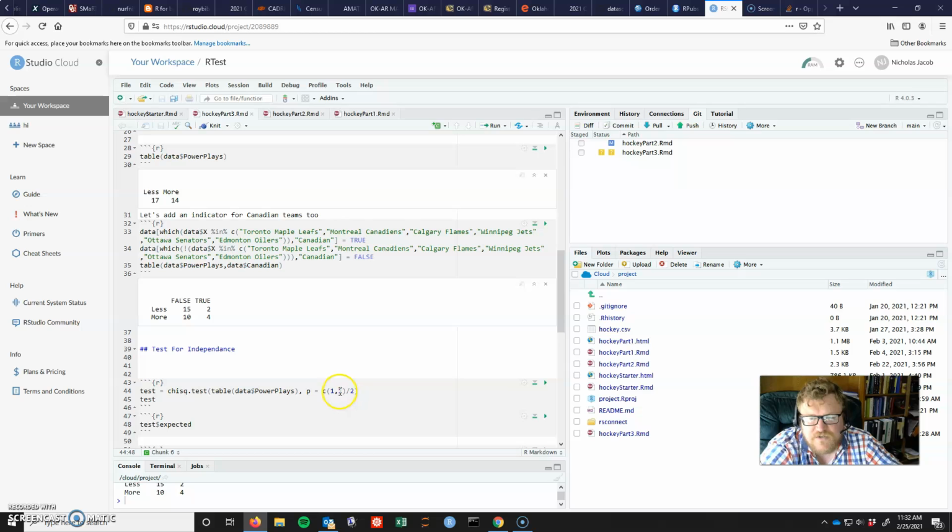But if you wanted to do something crazier, like say we wanted to have 1/3 and 2/3, we could do that as well. So this would give you 1/3 for the first and 2/3 for the second. Let's leave it as each should be